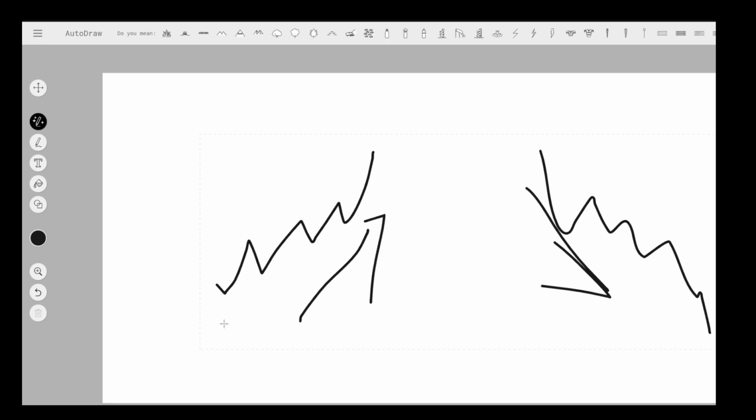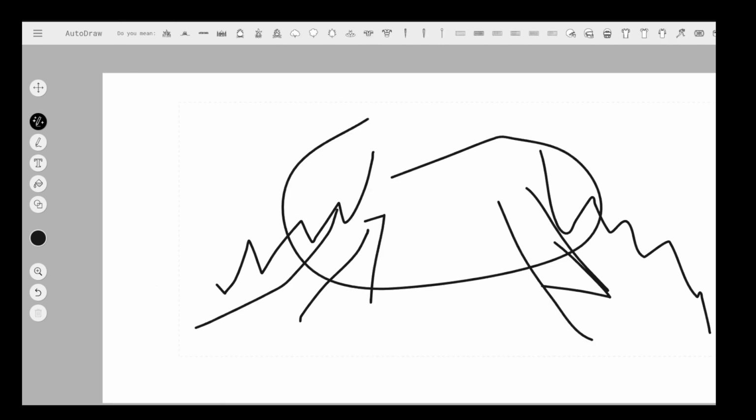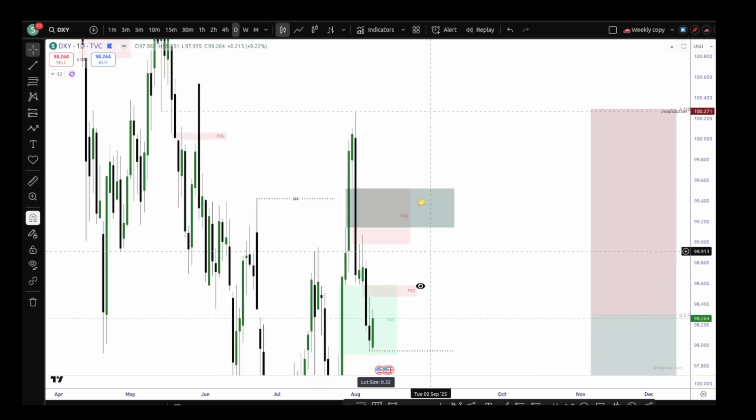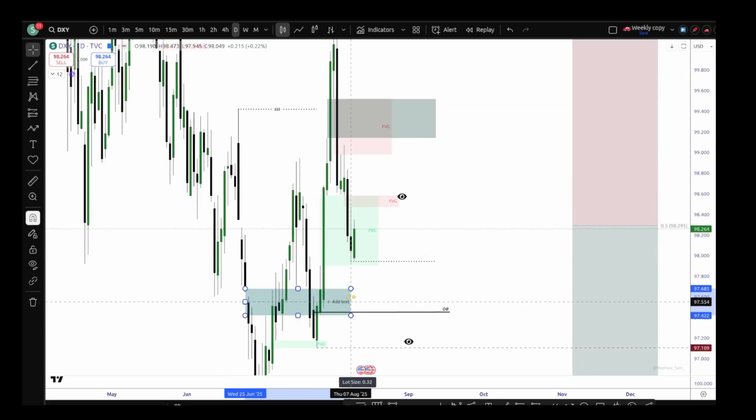Meaning it's inversely correlated. If it's bullish, this will be bearish. So we'll get an idea of how we can trade Euro, GBP, etc. I won't be doing a deep analysis today since I need to preserve my voice. But yes, we are anticipated pretty much to get support from this zone, right?